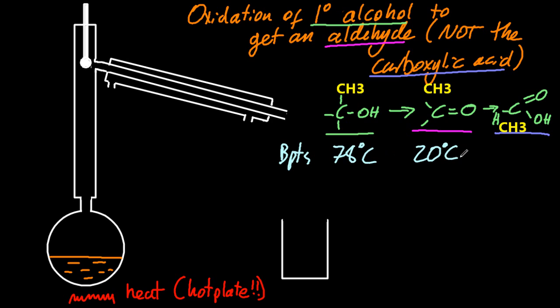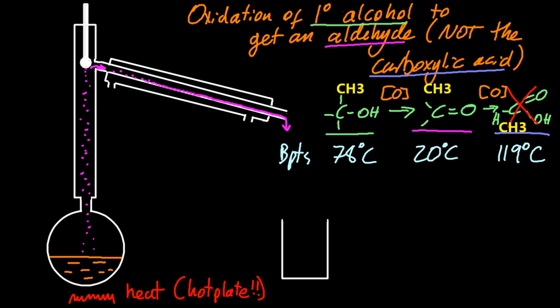Well, their boiling points are different. The ethanal just has dipole-dipole intermolecular forces. The others have hydrogen bonds. And so I can separate them based on their boiling points as I make them. So if I heat it up in my distillation apparatus, the one that will get the furthest up the column, because it's easiest to turn into a gas, is the ethanal. And when it hits the cold water going through my condenser, it will drip out in the form of a liquid,